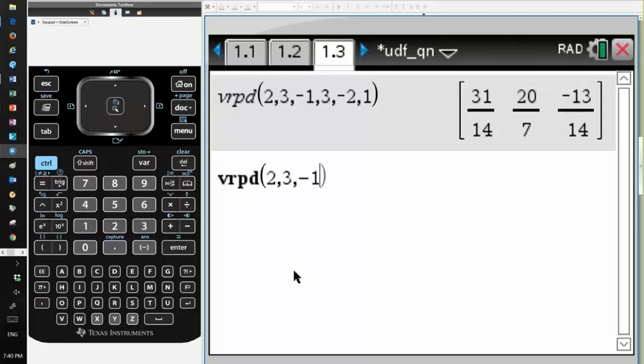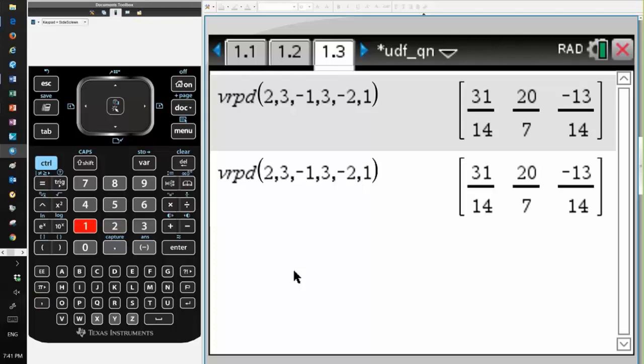I'd say that if someone did this by hand, it might take them 1.5 to 2 minutes. If they did it with a bit of CAS at the same time, and I'm doing it rather slowly to put in the numbers, as soon as I press enter, I get the answer. And if you're really on the ball, you could probably do that in less than 20 seconds on your CAS calculator. Students at my school will use this one, and when I first do this, as I said on the slide,